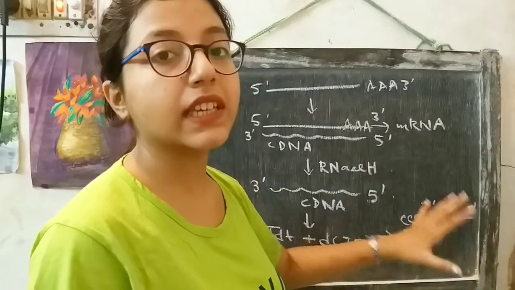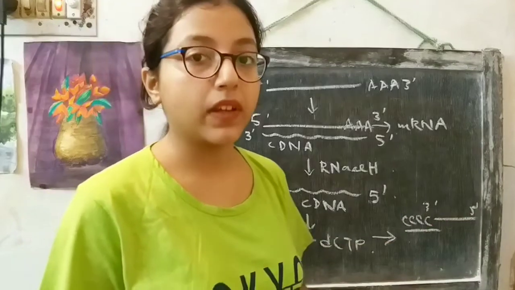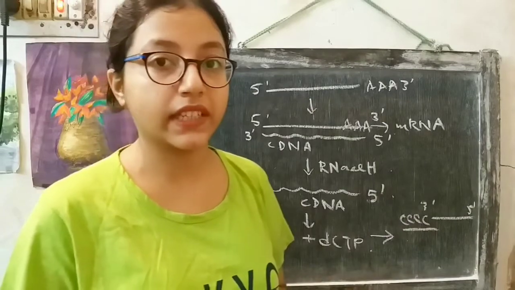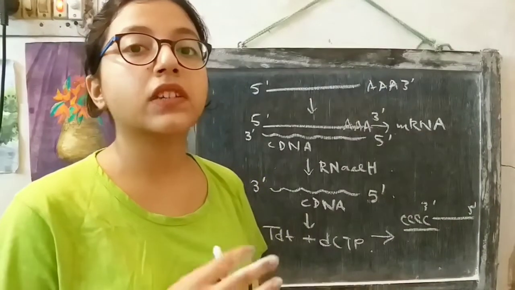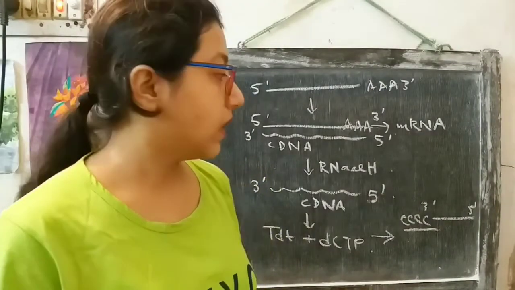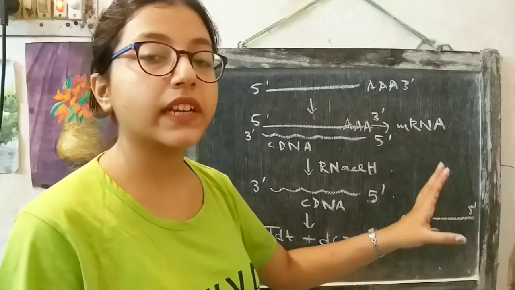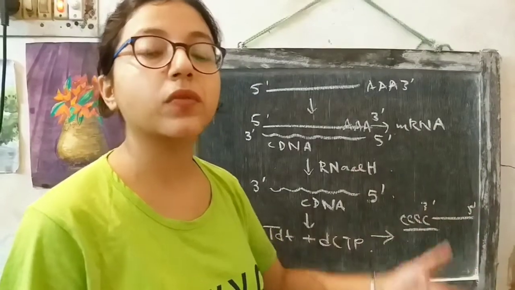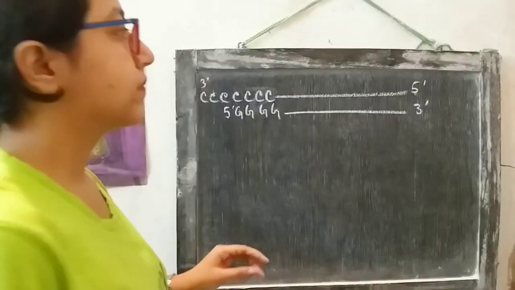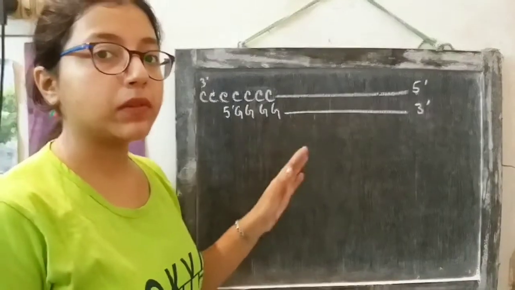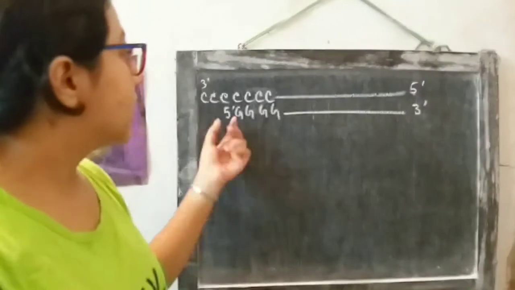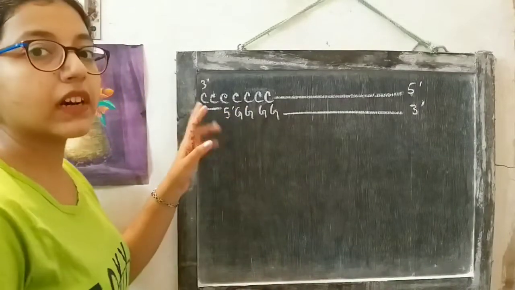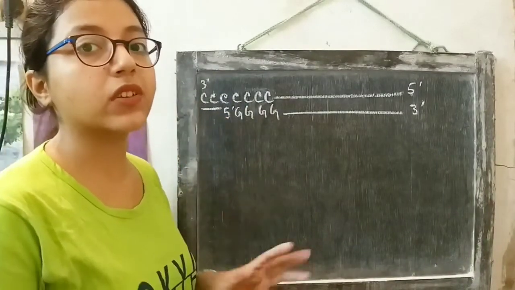Now this cDNA is converted into its double-stranded form, because cloning cannot occur with single-stranded DNA. We cannot clone single-stranded DNA. In order to clone the DNA, we must convert the DNA into double-stranded form. So here we get a homopolymerically tailed single-stranded DNA, and this is next converted into its double-stranded form. After the synthesis of the complementary strand, the DNA will look like this. So the DNA will have an overhang at the 3' end. There will be an overhang that will be required for the cloning purpose.